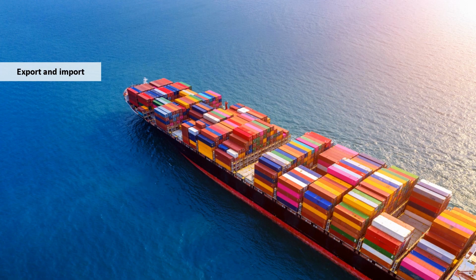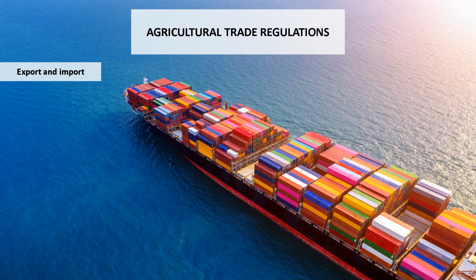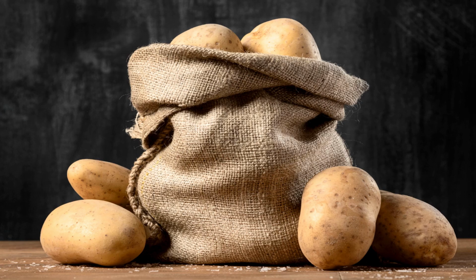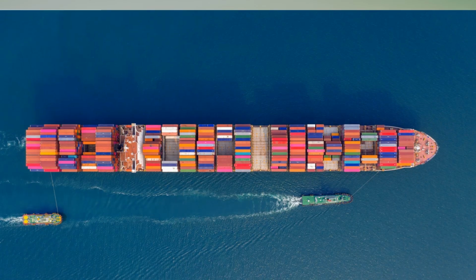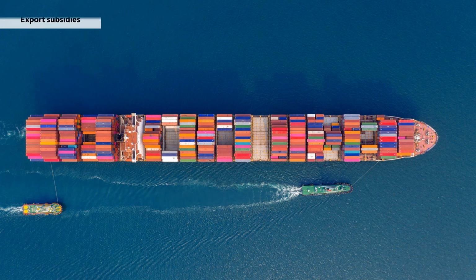Then agriculture trade regulation is another important instrument of agriculture policy, and through this instrument we regulate export and import activity. There are quotas, which are quantitative restrictions on certain commodities, like the ban sometimes on onion import and export, and potato import and export. Then sometimes we impose import duties on certain commodities, and a country also provides export subsidies from time to time. So through these instruments, we regulate agricultural trade activity for export and import commodities.